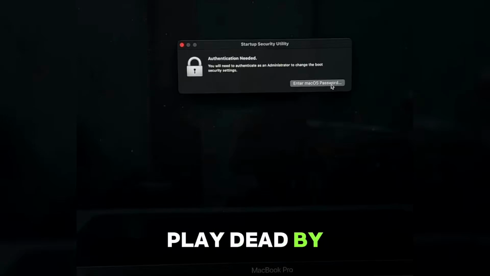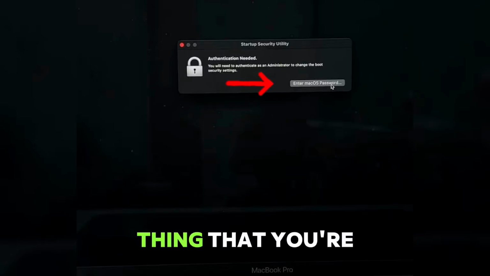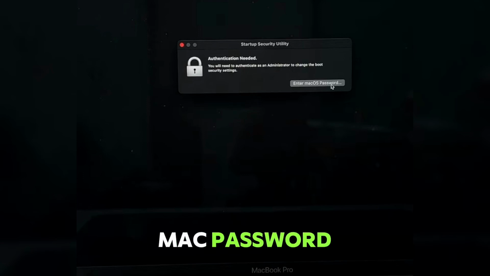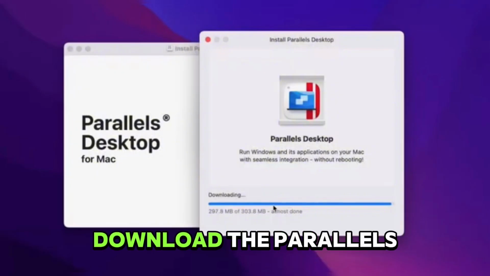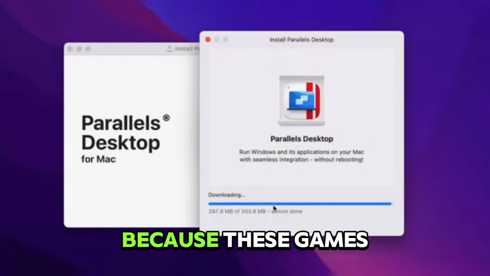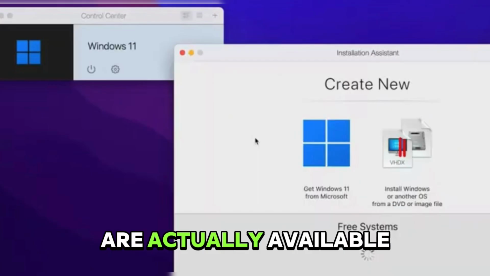Here's how to play Dead by Daylight on MacBook. So the first thing that you're going to do is to make sure that there is an authentication and enter the Mac password for you to be able to download the Parallels desktop for Mac. So this is actually needed for you to be able to run Windows because these games are actually available on